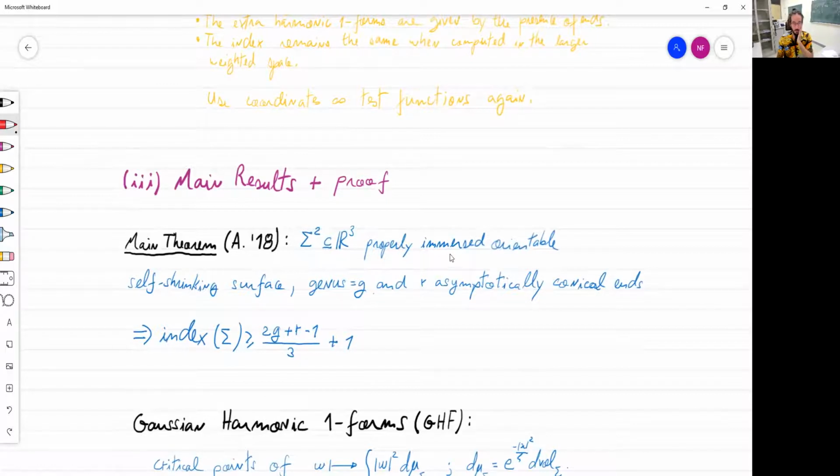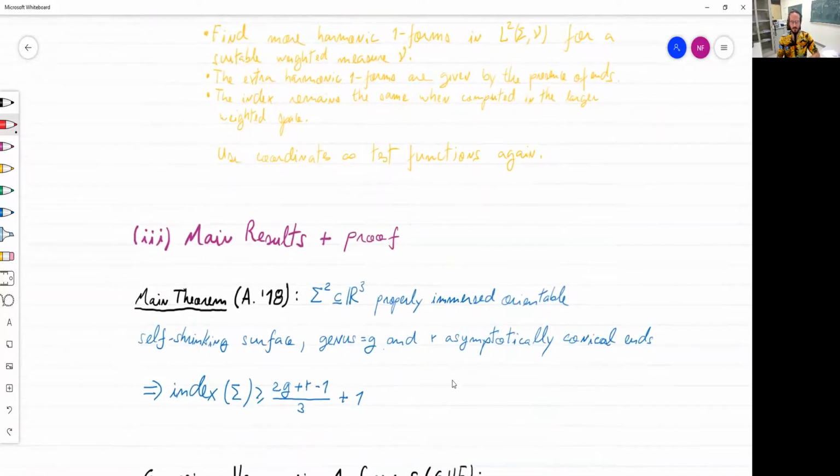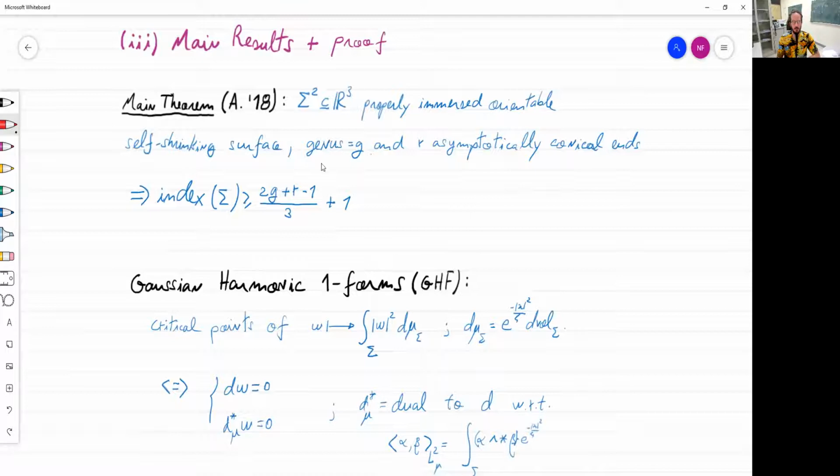You have a properly immersed orientable self-shrinking surface of genus G, with R asymptotically conical ends. Right? So I'm not looking for cylindrical ends, just looking at the conical ends. And the index is greater or equal than (2G plus R minus 1) divided by 3, plus 1. So this formula is fairly similar to a less refined one, right? Similar to this one, a less refined one. And this is the lower bound for the index. Okay, so